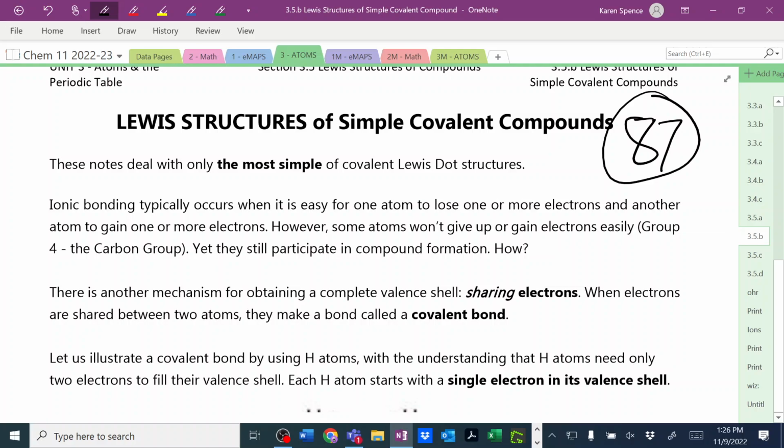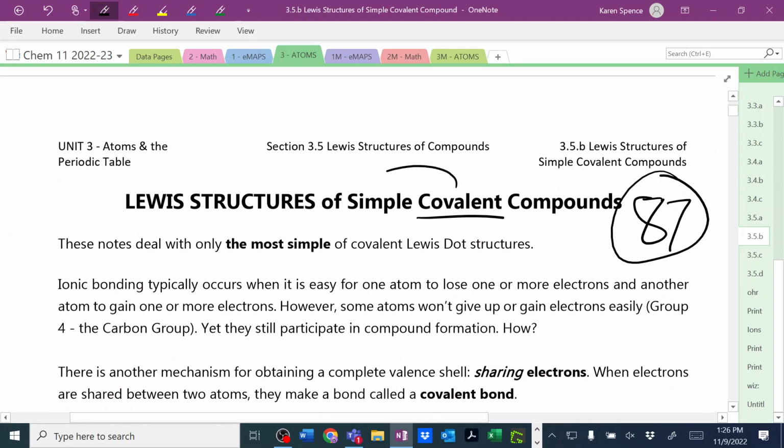But we are still trying to achieve that full outer shell. Now, these are covalent compounds. What do they do with their electrons? They share electrons. So there's going to be no arrows. Nobody's giving the electrons to the other guy. That's not happening, okay? So they're just sharing,